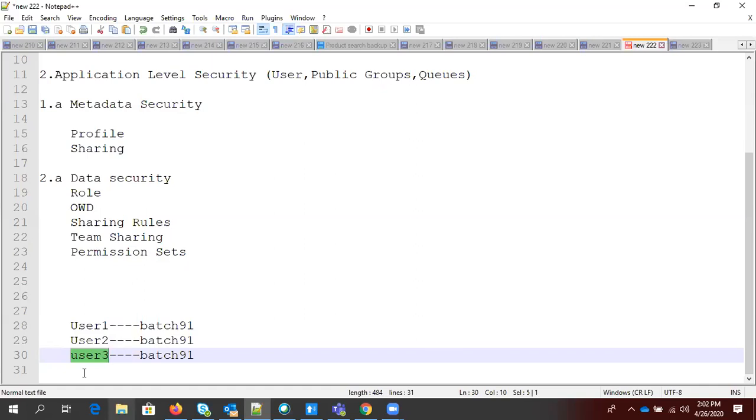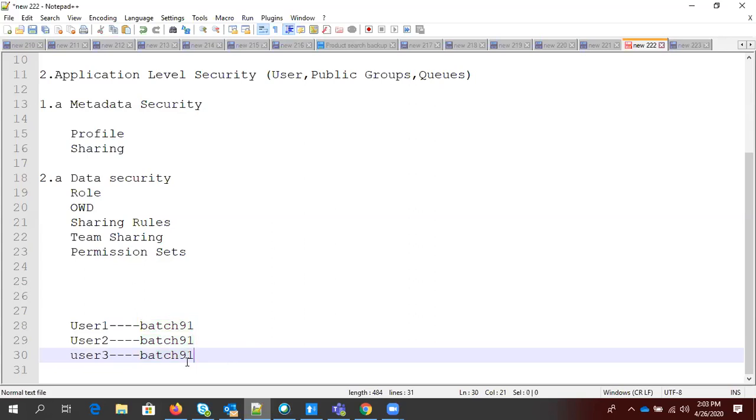So we have a solution: we can create one more profile and assign it to user 3. We can change the profile of this user. This is one solution, but in Salesforce this is not recommended. Guys, listen to me carefully. This can be an interview question, and it will definitely be an interview question.